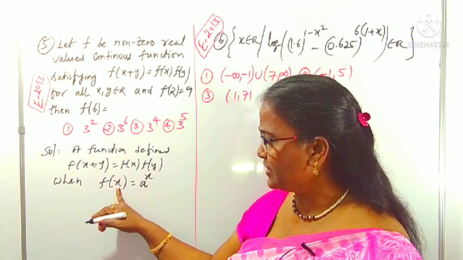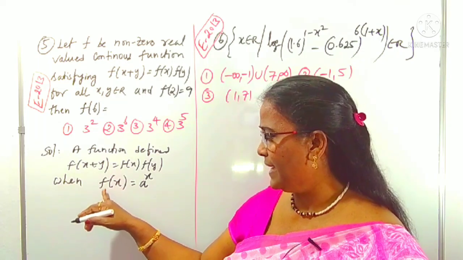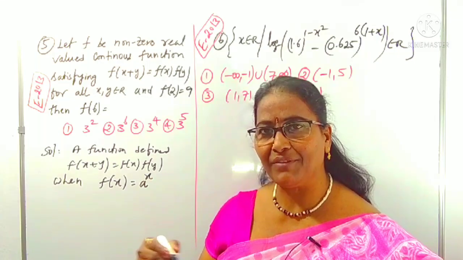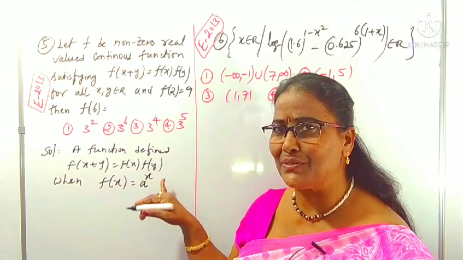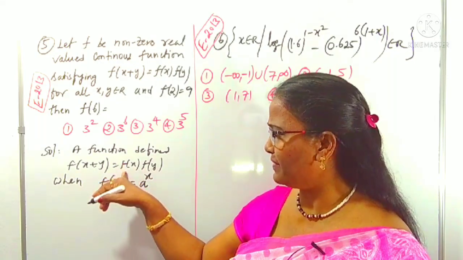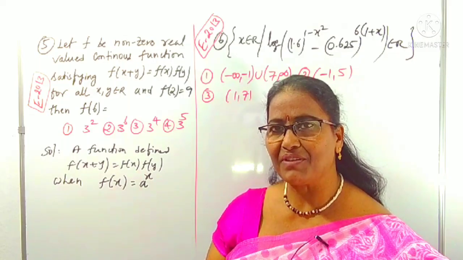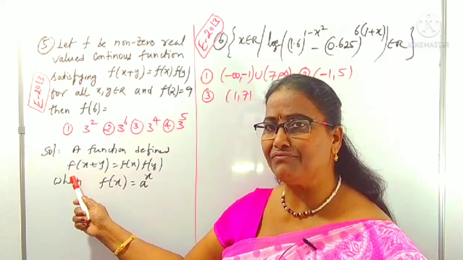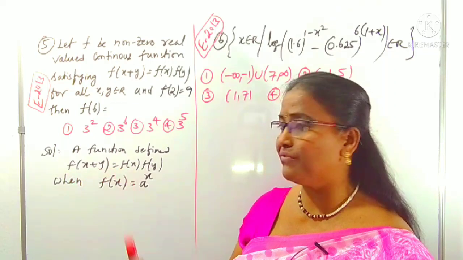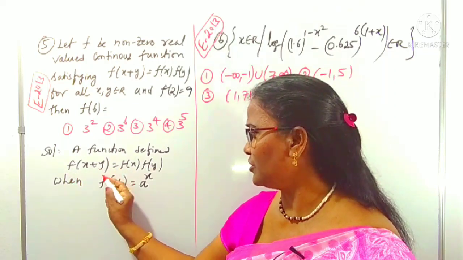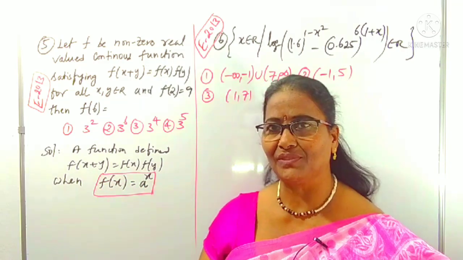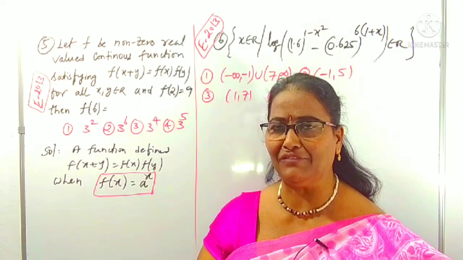You know, in place of x, if you take x plus y, what happened? f of x plus y is equal to a power of x plus y. A power of x plus y, we can write as a power x into a power y. Means f of x into f of y, or not? You have to remember this definition. When the function is defined as f of x plus y is equal to f of x into f of y, then the function should be an exponential function. You should remember this general function. Like logarithmic functions also will be defined like this.